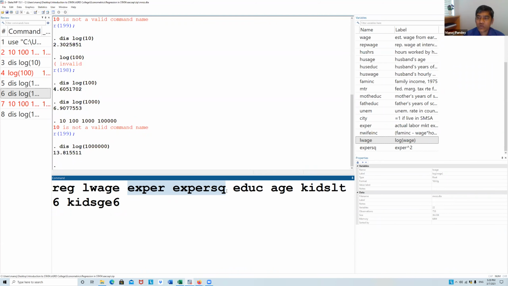The reason why we take square is that if you take only experience, not experience square, it means you are expecting a linear relationship between experience and the dependent variable. Here you are assuming that when experience is increasing, either your wage is increasing with each increase, or it is decreasing. We really don't know the sign.